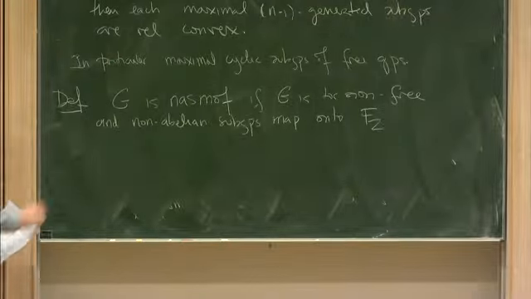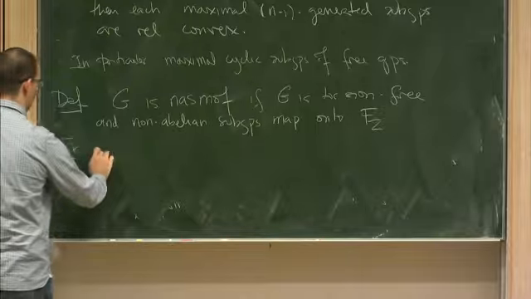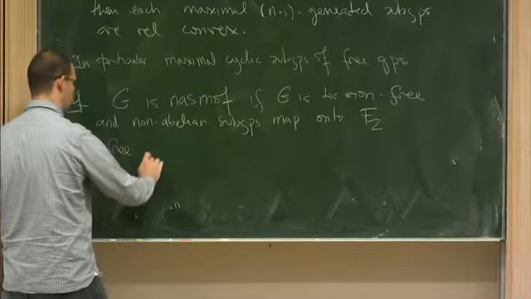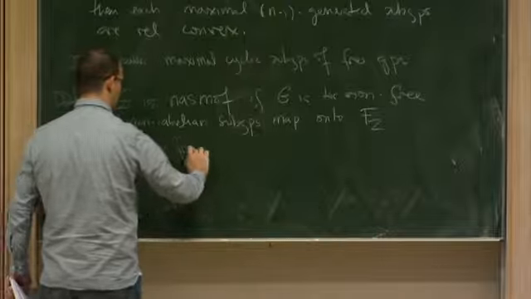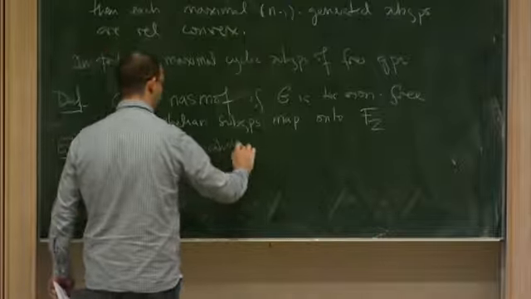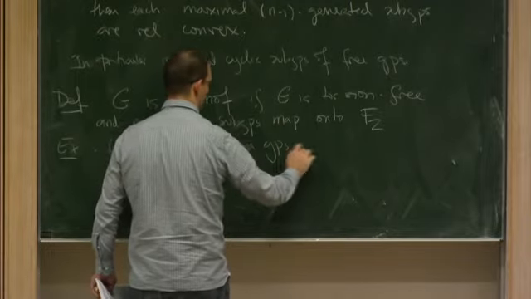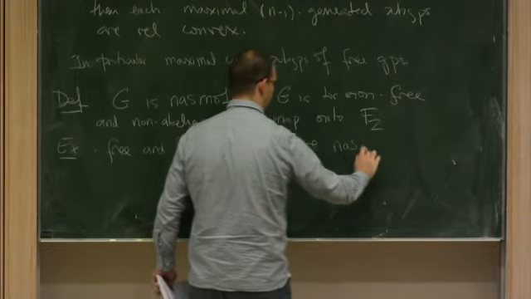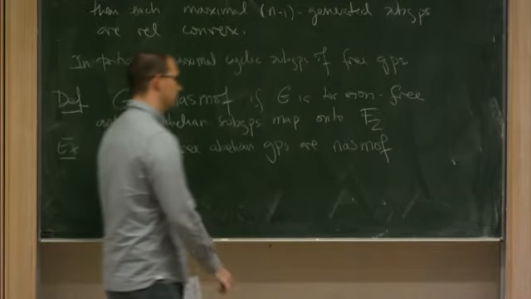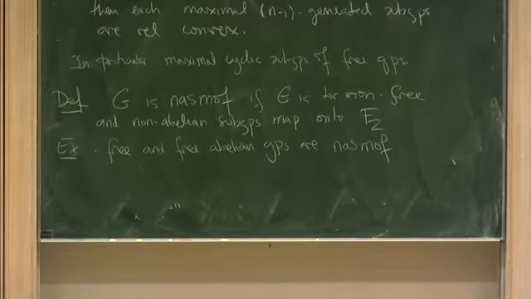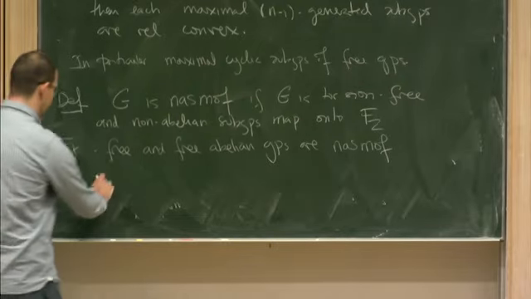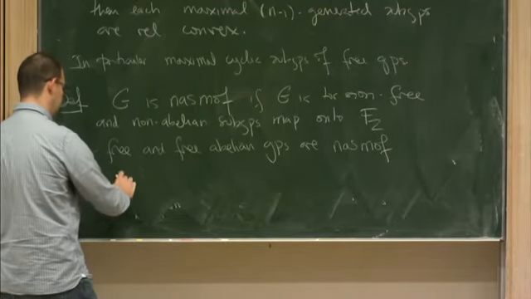And here you have free and free abelian groups are Nash-Moff by definition, and the interesting thing is that